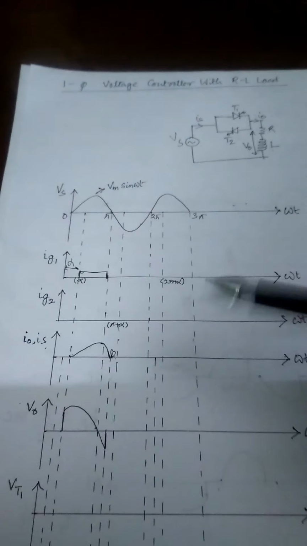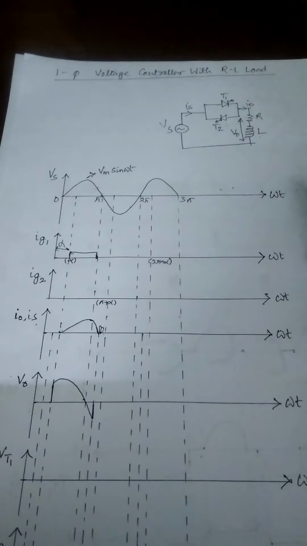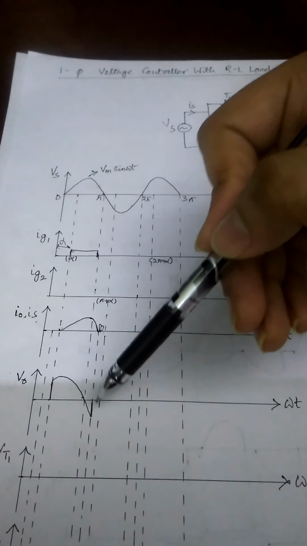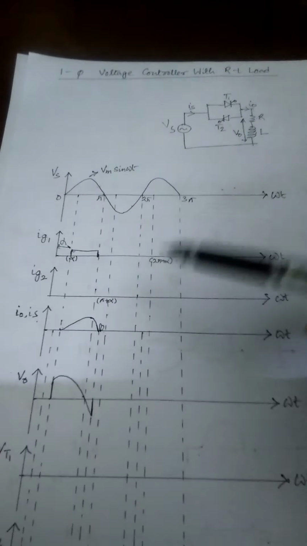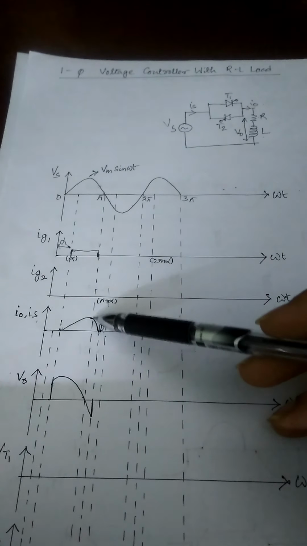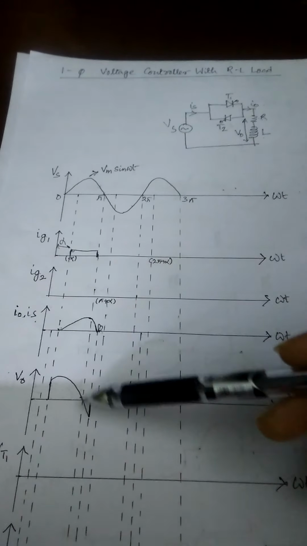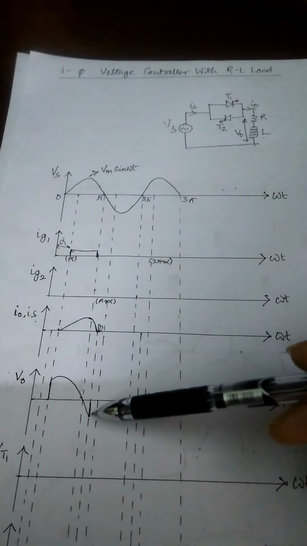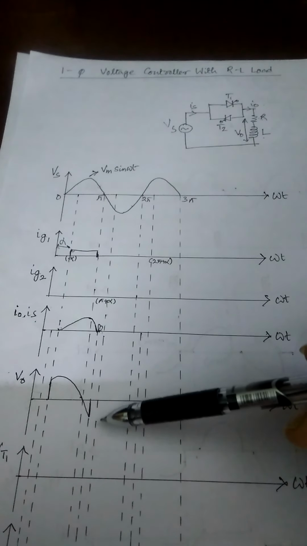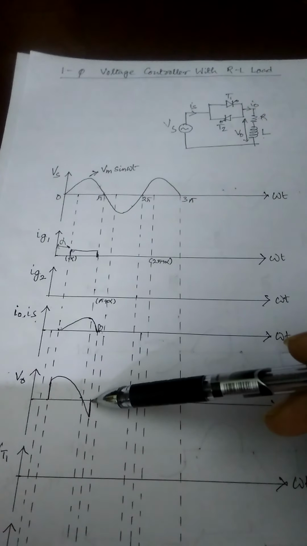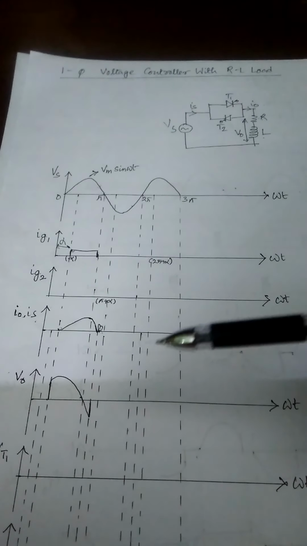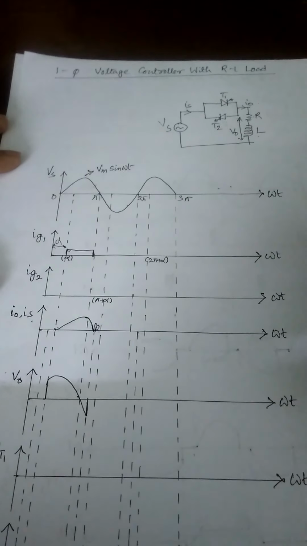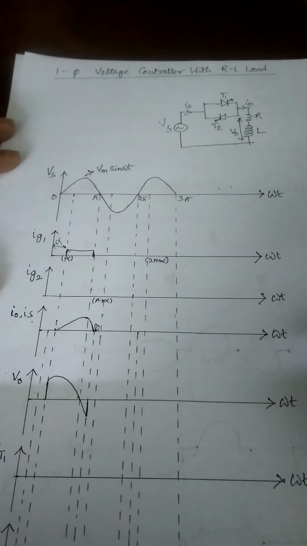That means the thyristor T1 is already in reverse bias conditions after the pi point, but it continues conducting because the load current continues. So when the load current reaches the 0 point, obviously this thyristor T1 voltage goes to the 0 position. That means it totally goes to the commutating mode.